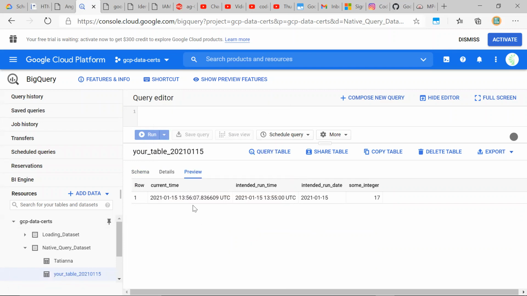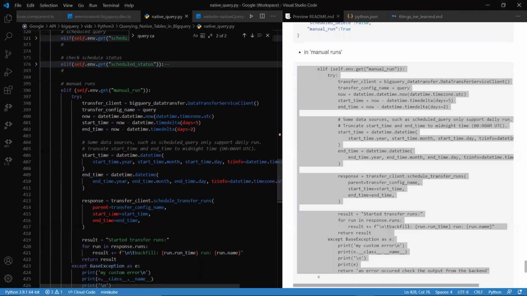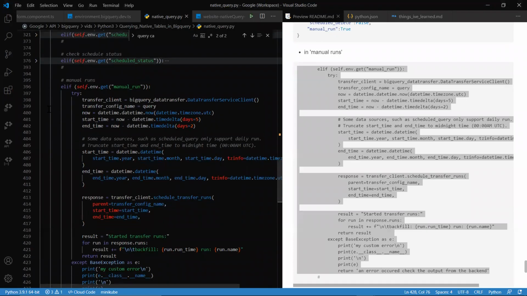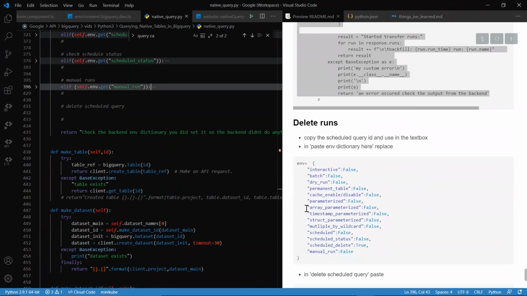So the current time is very different. This is clearly in a different time zone, and it's a bit interesting. So I guess if scheduling a query run doesn't immediately execute it, you want to use this code, go ahead and manually start that